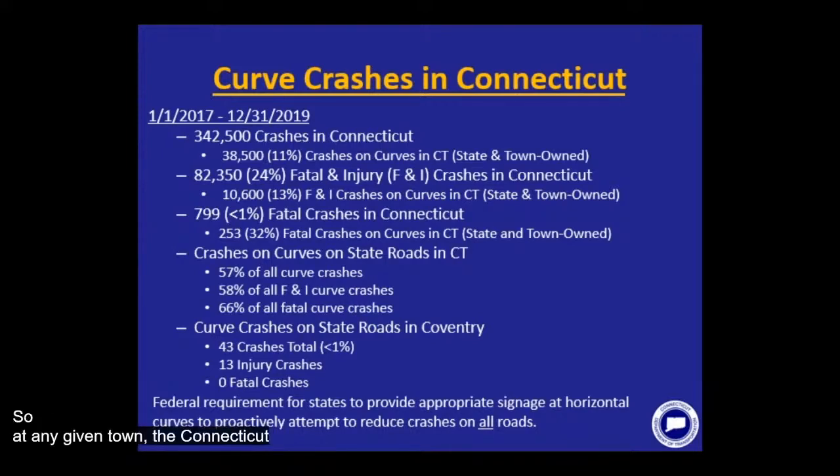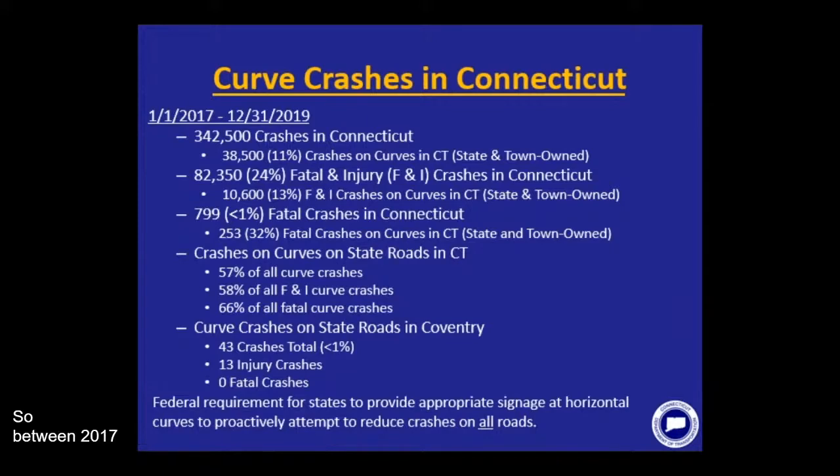So in any given town, the Connecticut Department of Transportation has jurisdiction over all state roads, which have a numerical designation along with a street name, such as Route 6, Route 217, I-95, and I-384, for example. All the other roads, the town would have jurisdiction over the installation or removal of the infrastructure. For Coventry, examples of these town-owned roads would be Brigham Tavern Road, Cedar Swamp Road, or Grant Hill Road. And this project is only going to be focusing on curves along the state roads.